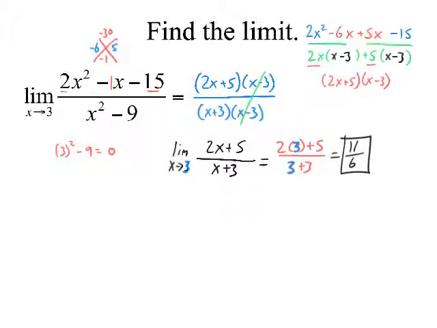So guess what? The value you are approaching from both sides for this function at x equals 3 is 11 over 6, which is about 1.8 or something like that. And that is the usefulness of a limit. It allows you to find a value when there isn't a value. What are you approaching from both sides? There are other ways of doing this. You can do it with graphing, making tables, but this is called an analytical or algebraic